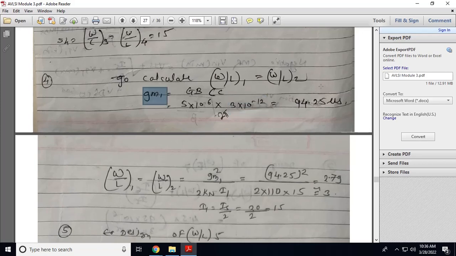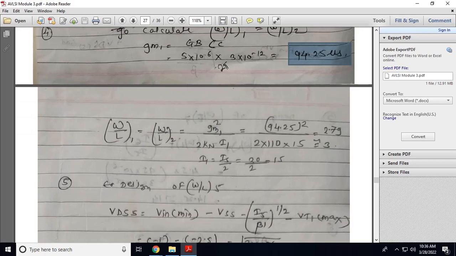So transconductance is equal to 94.25 microsiemens. So size of 1 is equal to size of 2 is GM1 square, that is 94.25 microsiemens squared, divided by 2 Kn, Kn is 110 into 10 raised to minus 6,